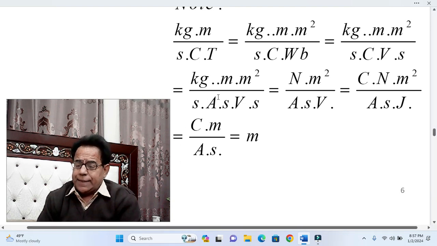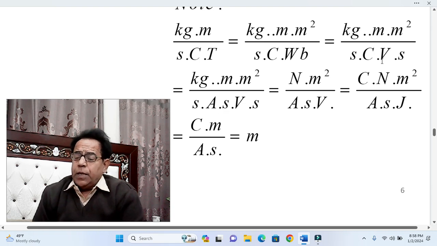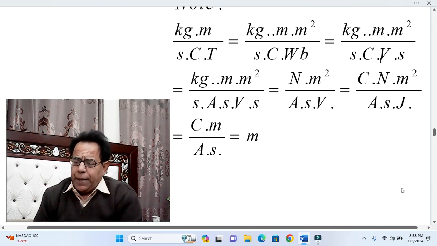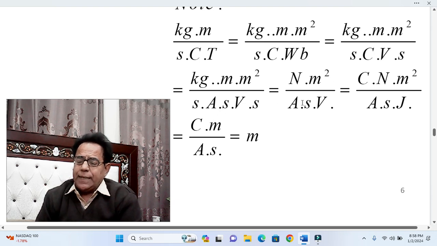In the next step, we see no change in the numerator. However, there is a sufficient change in the denominator. Now we have converted coulomb into ampere into second. Now coulomb has been converted into ampere into second. In the next step,